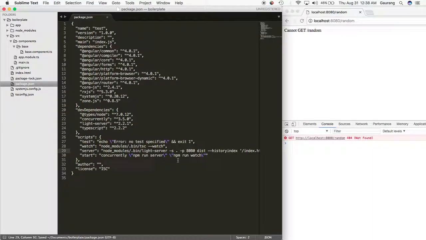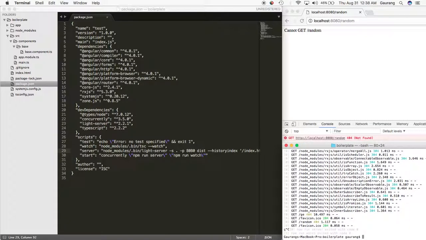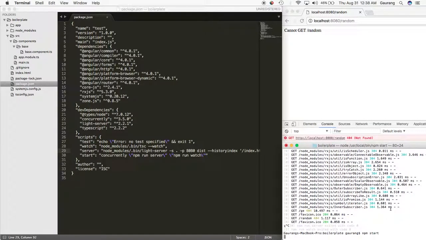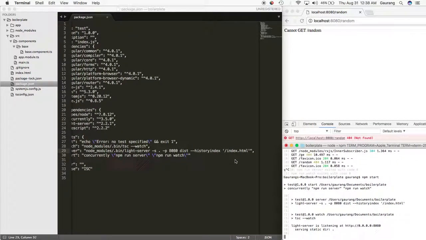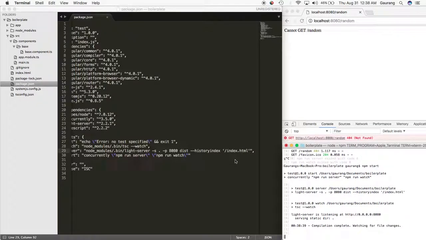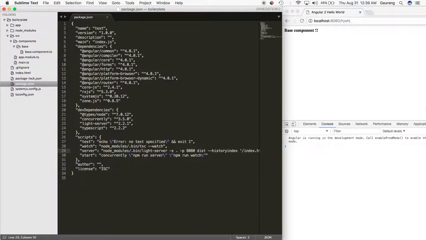So once that is done, I'll just restart my app over here so that the changes which I have written would get applied. Okay, so now it is running, and it is going to index.html. You can see there is no routing happening. No matter what URL you type, you can type any chunk, it'll load your application. That is what is really needed, so I'll have this change at my end. All right,